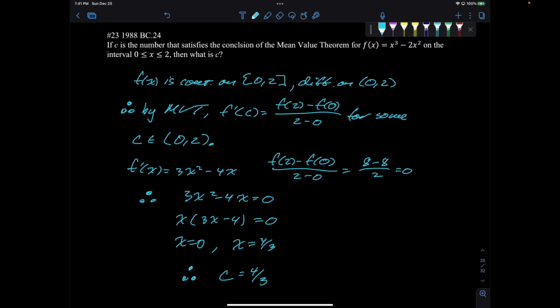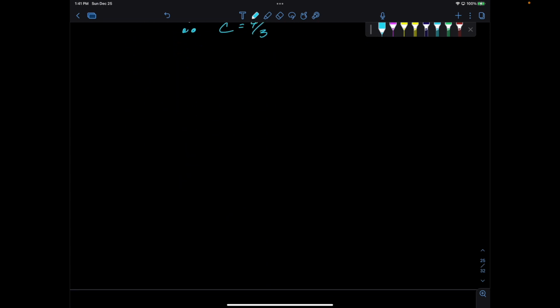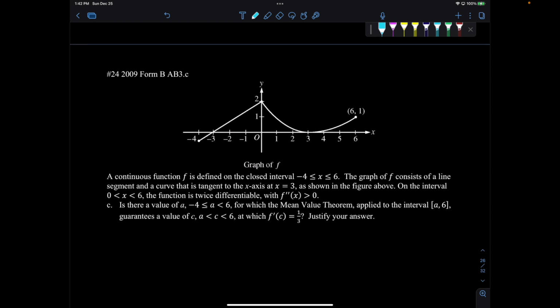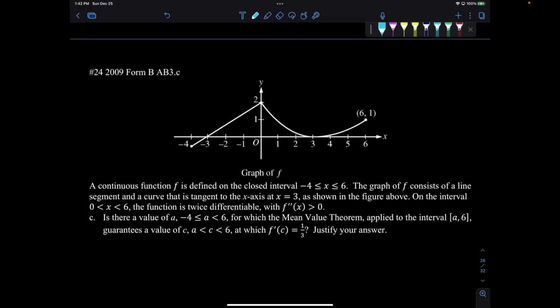That's it. So these were straightforward. I chose these because I thought you should see that you will see straight applications of the Mean Value Theorem occasionally on the multiple choice. More often than not, this shows up on free response questions, and those are a little weirder. So here's number 24, for example. It's 2009, Form B,